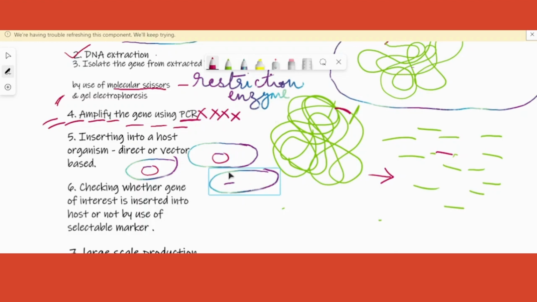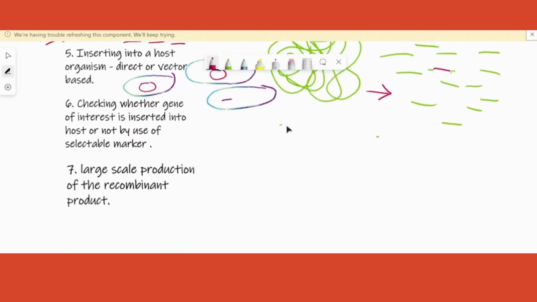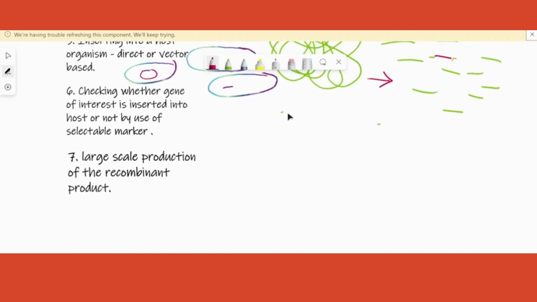But how do I know whether it has got inserted or not? Looking at it, I can't tell. So we need to have a checking mechanism, quality control. That quality control checking mechanism is called a selectable marker, which is going to be a little tough. You don't understand it yet, but you will understand. I'll try to make it simple. All right. So once I check for the recombinants